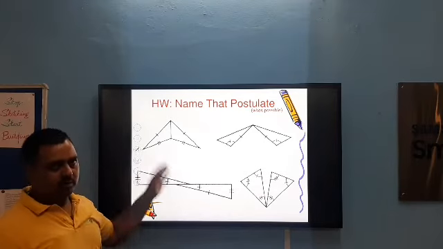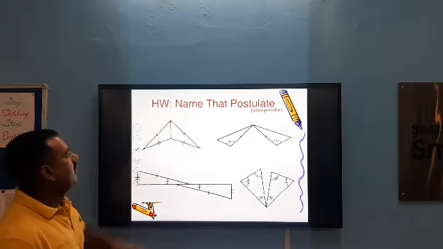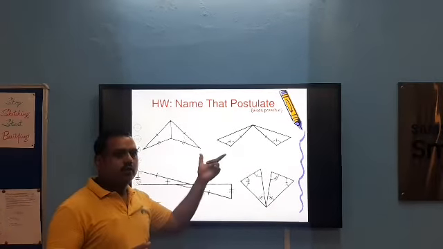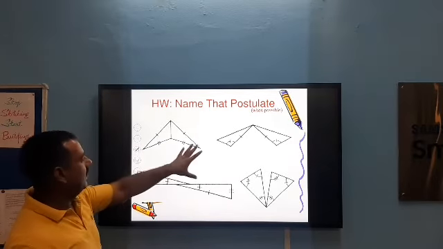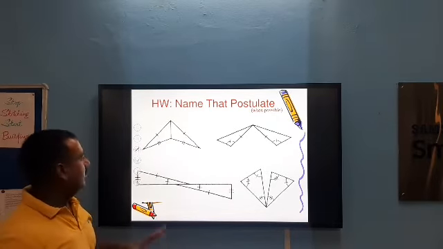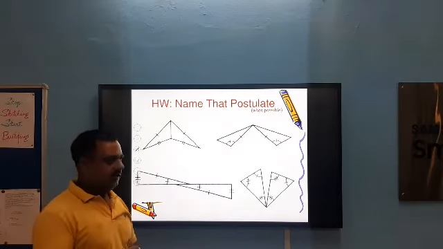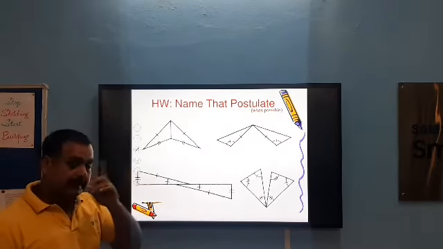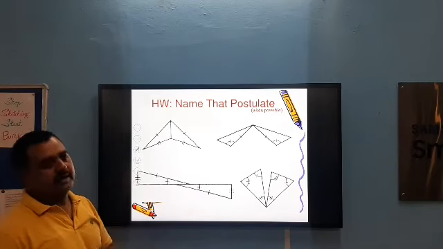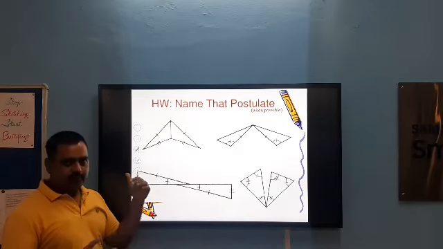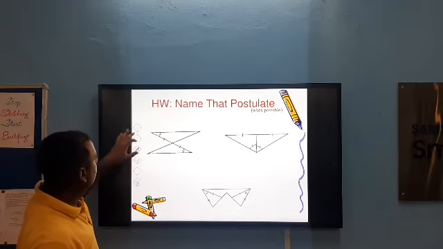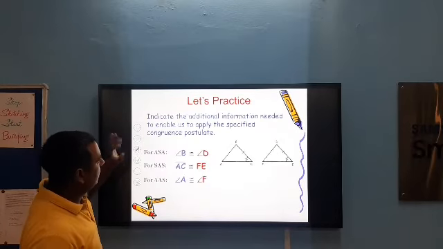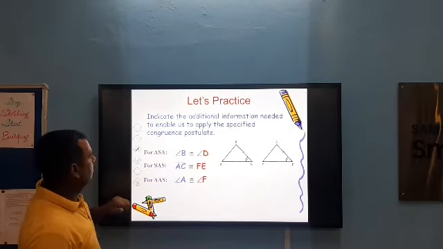Now, this is your homework. Check what postulate is used, either used or not used. Can we prove these two triangles congruent with the given equal parts? The given equal corresponding parts are symbolically represented, and if yes, we can prove, or we cannot prove. This is again a diagram for your homework. Let's practice.